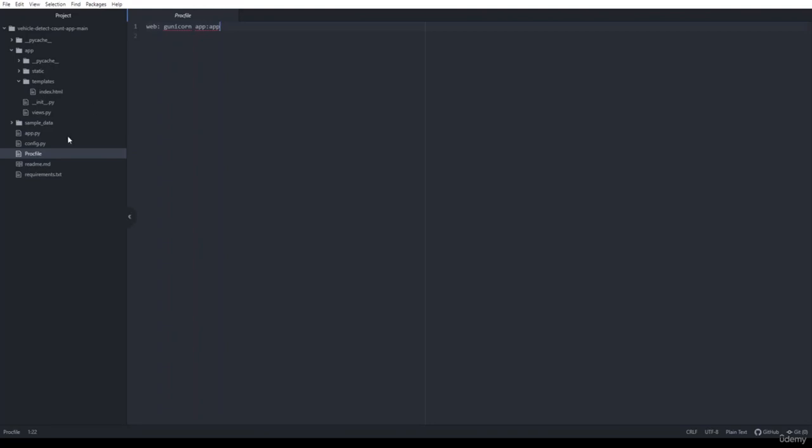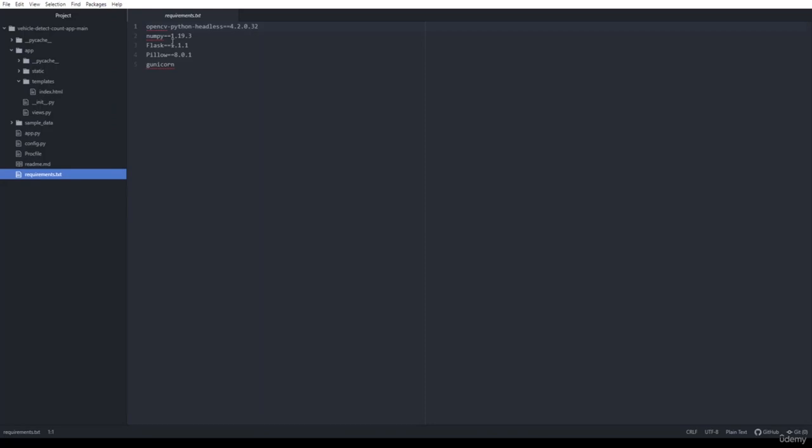Similarly, one of the other important files is the requirements.txt file. You can generate this on your own. It contains all the required libraries on which our project depends.